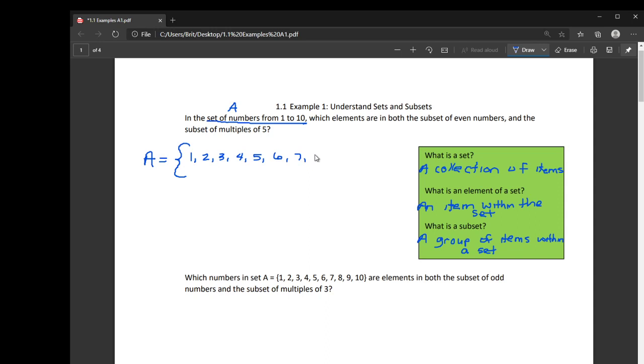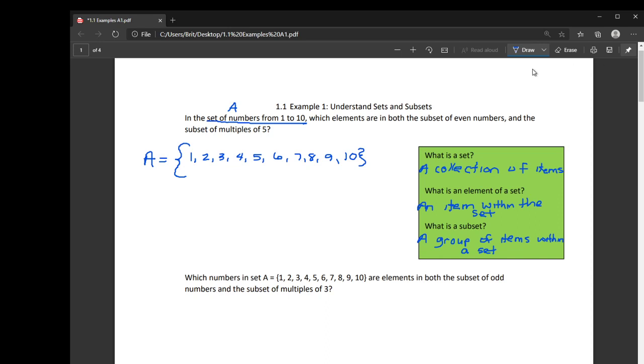Notice that every item that's in the set, every element, is separated by a comma. That's so you know that you're not actually talking about a really long number. Alright, usually with numbers we list them off in numeric order, so I don't really mix it up. Okay. So now what they want us to do is figure out which elements are within